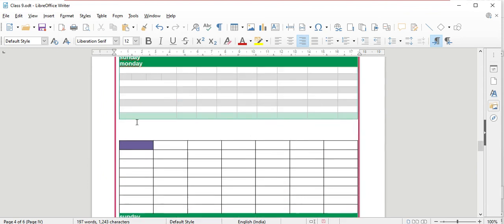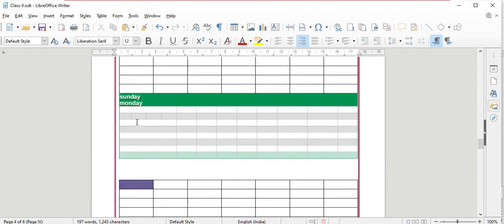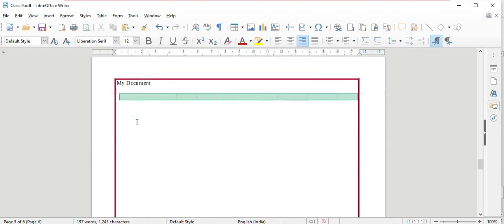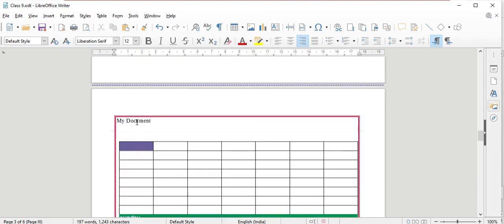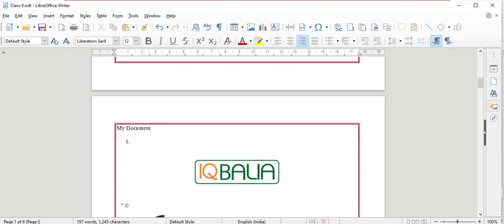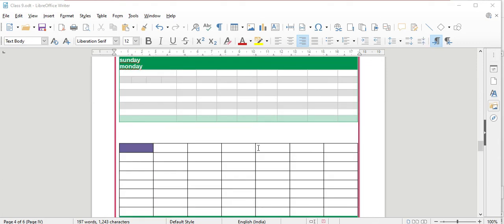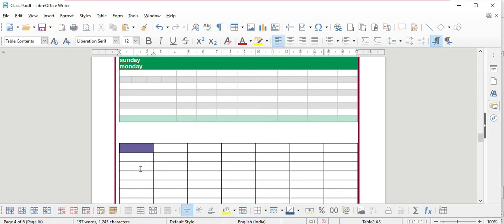You will see the table has been copied to another page in my document, in another place. And if you want to move your table from one place to another, just keep your cursor in any